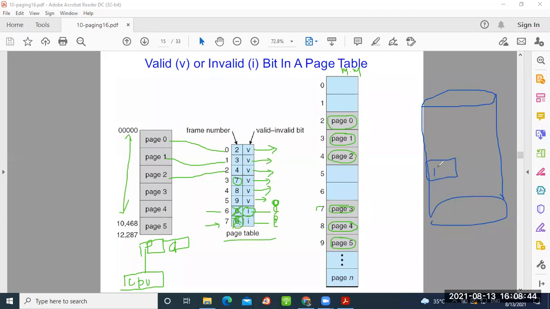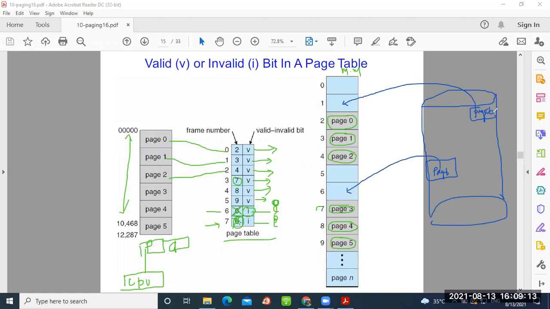This particular page 6, okay, page 6, and now suppose page 7 is here. Now this is my secondary memory. So what do I have to do? If it is invalid, I understand this page number does not have any frame number. Now I have to bring back this page from secondary memory से main memory में लाना. Again, this page has to be brought back from secondary memory से main memory.